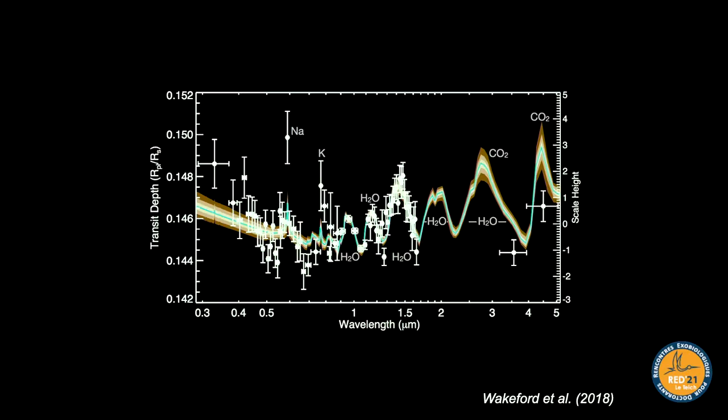On the left, we have data from Hubble's STIS instrument that is looking more in the UV. And on the right, you have the 2 points from the Spitzer IRAC channels at 3.5 and 4.5 microns. Within this data, you can see a lot of highs and lows,